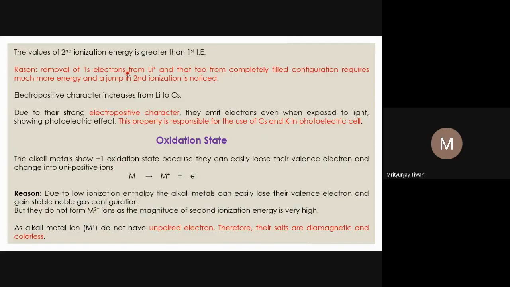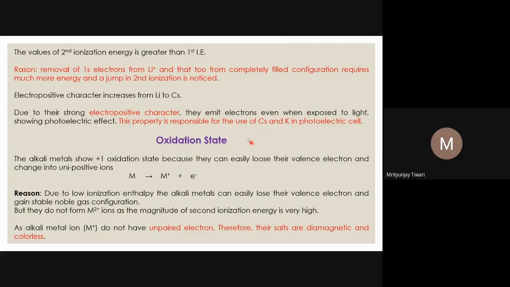In the case of alkali metals, the second ionization enthalpy is mostly very high. It is very difficult to remove a second electron, because after removing one electron, alkali metals get the electronic configuration of the nearest noble gas, and removing an electron from there is very difficult. The second difficulty is that once you have removed one electron, it is already a cation. It is positively charged, so the effective nuclear charge increases significantly. If you want to remove one more electron, it will be very difficult.